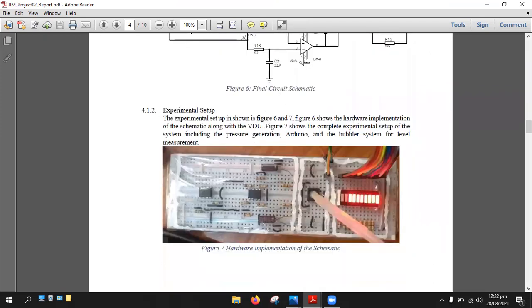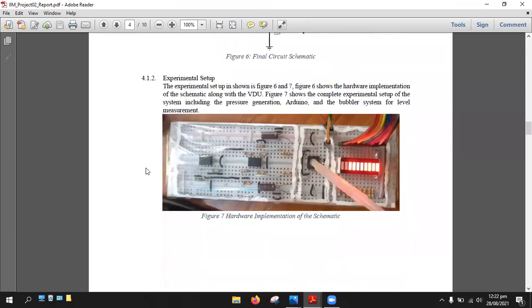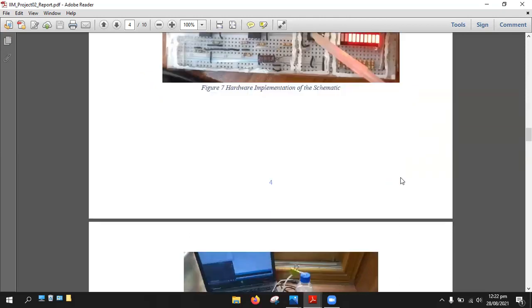Right, so as far as methods and materials are concerned, this is the schematics that I showed you earlier. This is the actual experimental setup. On the left hand side is the signal conditioning circuit, including the instrumentation amplifier as well as the differential amplifier. The box in the middle is the sensing element, including the pressure sensor, and this tube is connected to some source of pressure generation. And on the right hand side, you can see the visual display unit in the form of an LED bar.